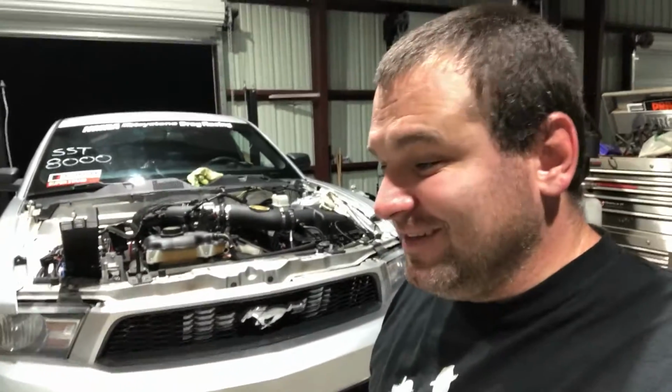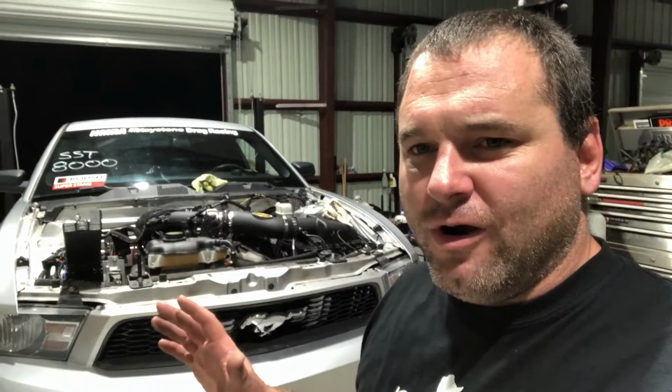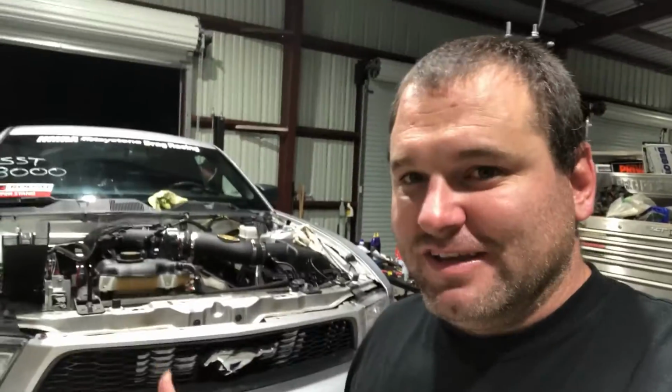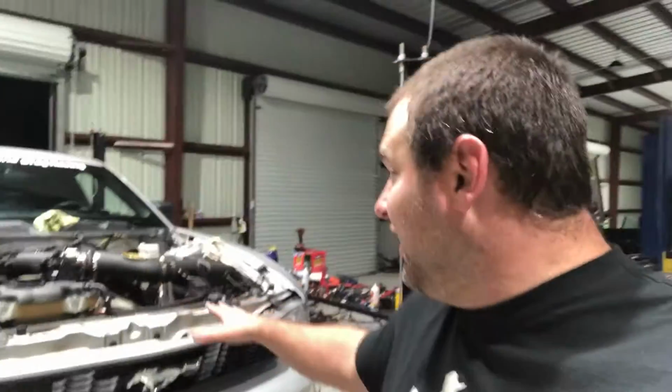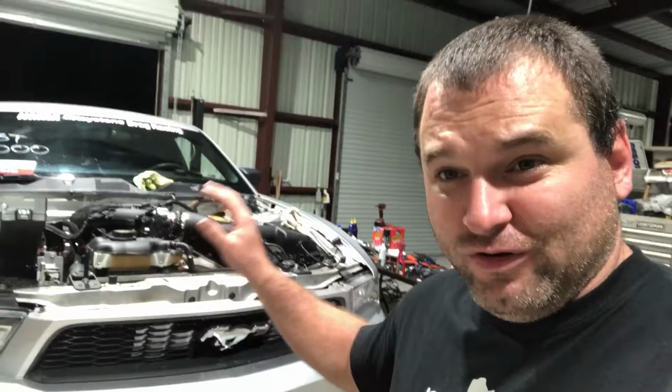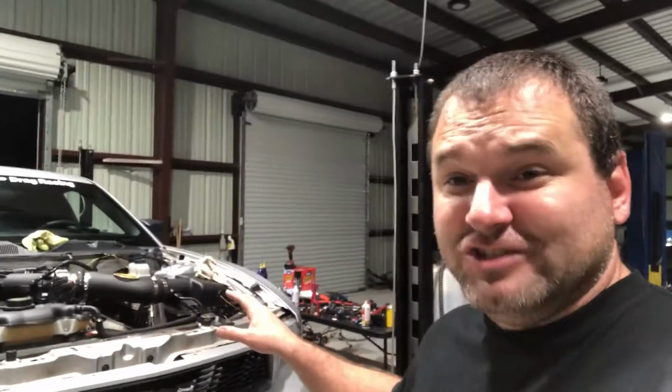nothing's going hard on the car. Essentially, it's what you would say is a stock tune on the car. It's just made for the mods that are on the car, for the long tube headers, the X-pipe, that sort of stuff. So I don't know how to take it any more easy on the dang thing besides not racing it. But sorry, Project Hurricane, you were born to race with your 200,000 miles on your chassis and not your